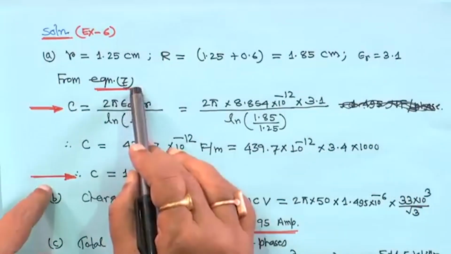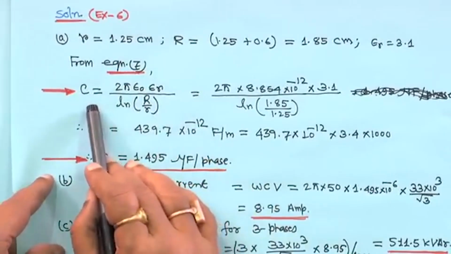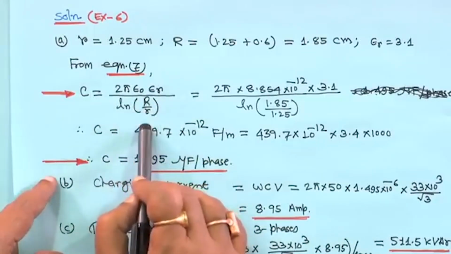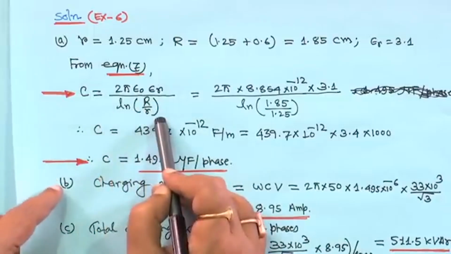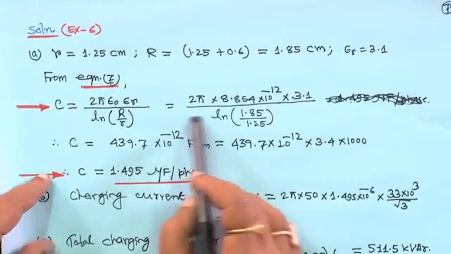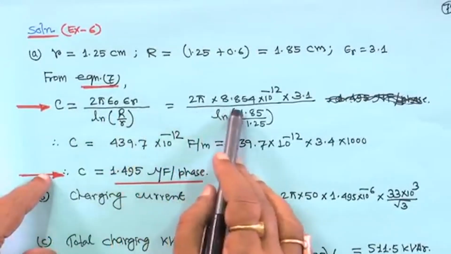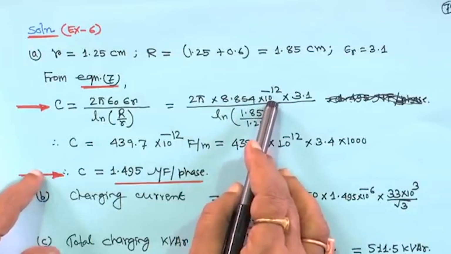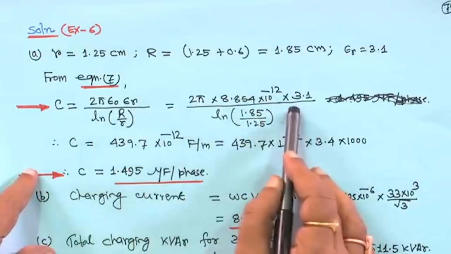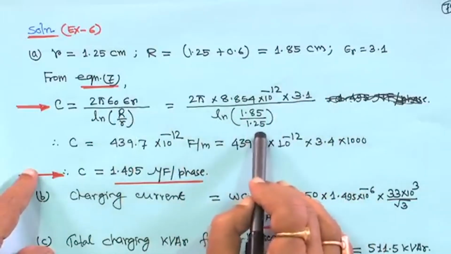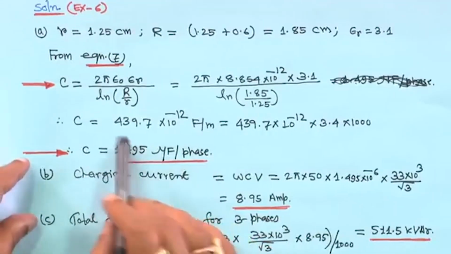Now, from equation 7, rewriting equation 2, C is equal to 2 pi epsilon 0 epsilon r divided by ln capital R by small r, the capacitance. This same capacitance formula we have seen in the transmission system chapter also. Epsilon 0 is 8.854 into 10 to the power minus 12 farad per meter, we know that. Epsilon r is 3.1, capital R is 1.85, small r is 1.25. Therefore, C actually is equal to